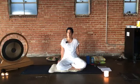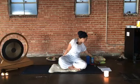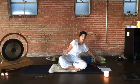Now feel both legs, the right leg and the left leg, both legs. Feel both arms, both arms. The whole head, the whole head. The whole back body, the whole front body,